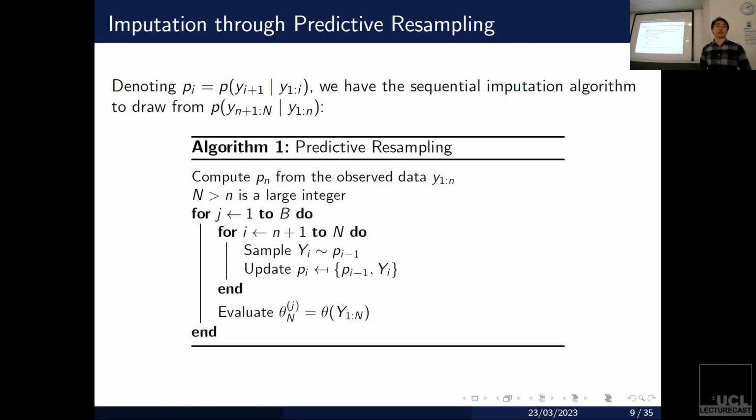And this is exactly the same thing as drawing from the implicit joint predictive that's a product of all of these one step aheads. The reason why we decide to break it down into this is because one step ahead predictives are really easy to work with. It's quite popular in machine learning to predict the next time point instead of trying to predict this whole collection. But this can be investigated in future work. So given this imputed population, we can just treat this as if we've seen the entire population, and we're going to compute some estimate. And theta n is going to be distributed according to our posterior.